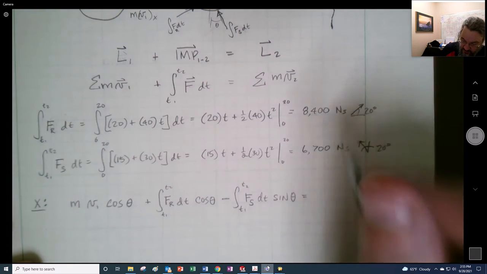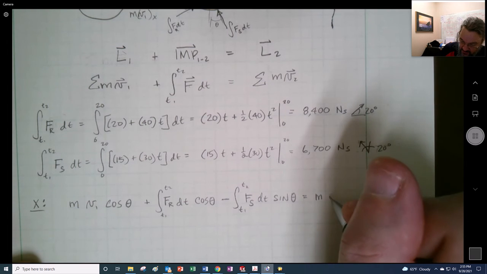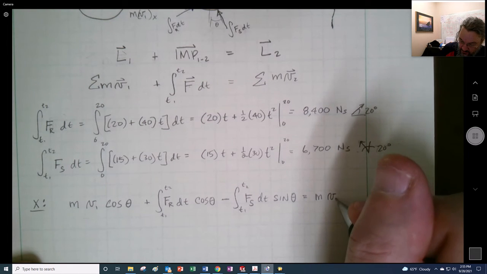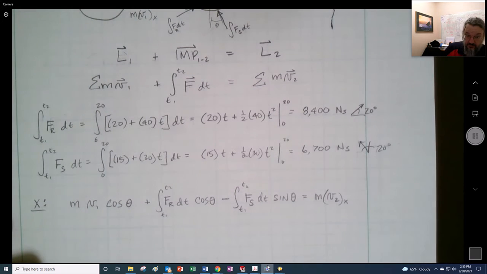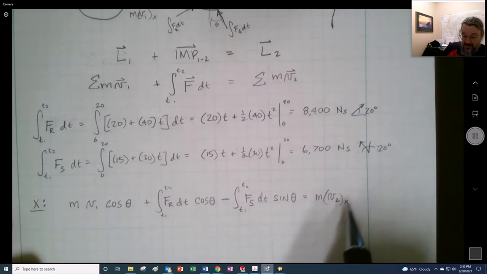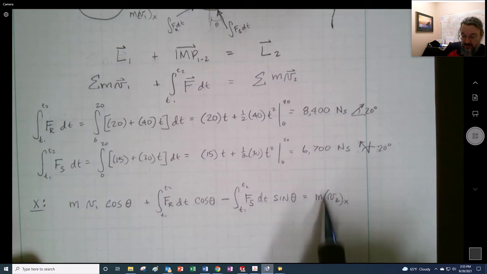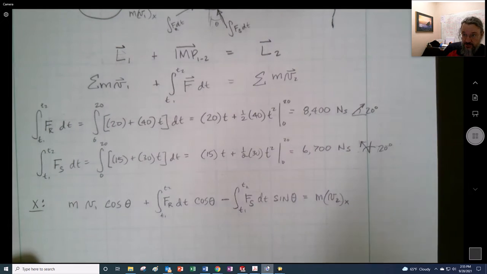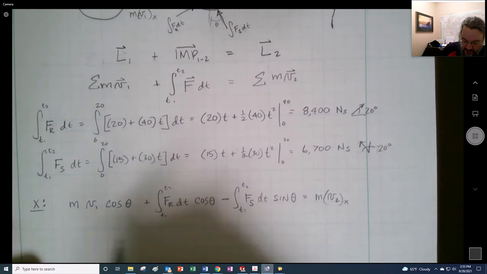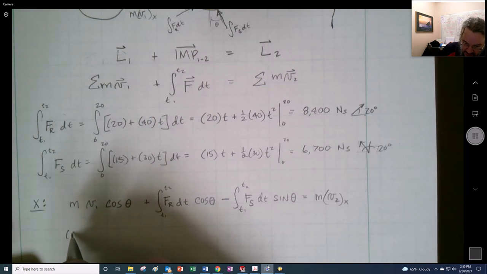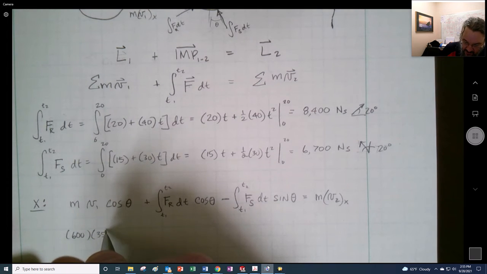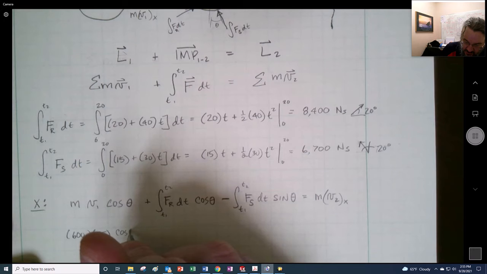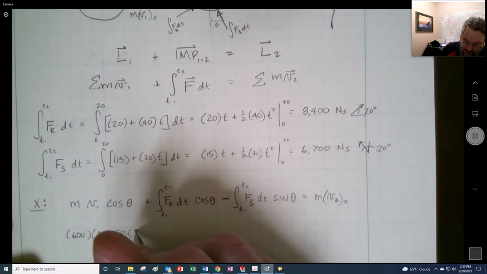And that's going to be equal to mass times velocity 2 in the x direction. This will get me just the x direction right here, which is going to be a good thing for us in terms of answering as a vector. So we'll just say that it's going to be 600 kilograms times 35 meters per second times the cosine of 20 degrees